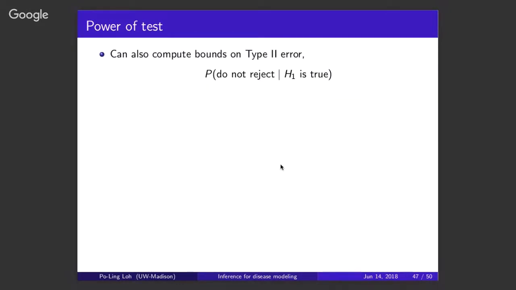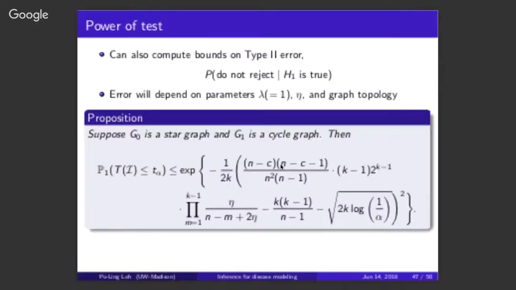So a few things that you might want to analyze are what's called the type 2 error. So the type 2 error says, well, I'm not just looking at the probability of error when the null is true. I also want to look at the probability of error when the alternative is true. And I want this to be small as well. So not surprisingly, our theory is very hard to apply in the most general setting to bound what the type 2 error looks like. So again, we looked at a simple case.